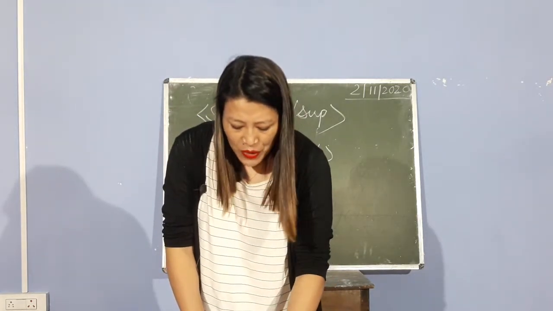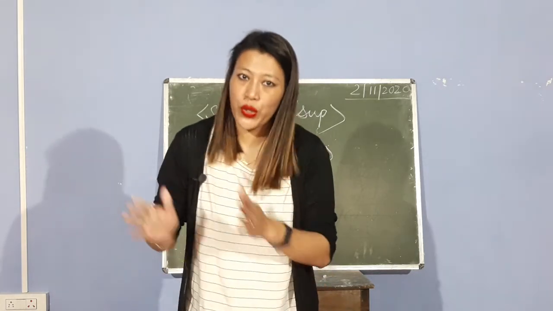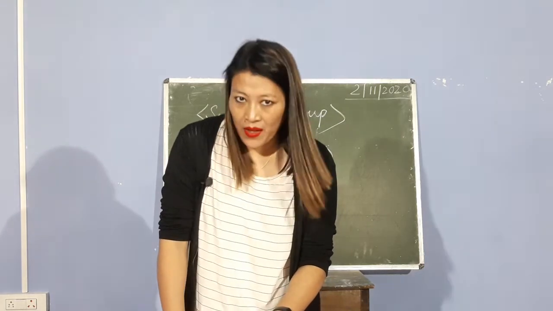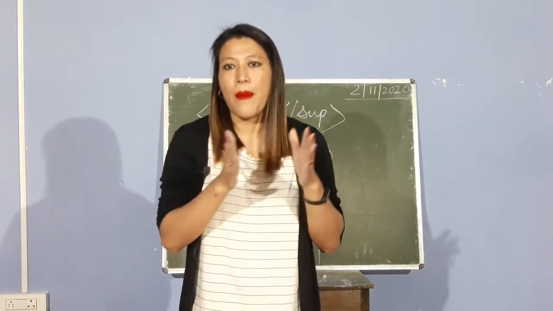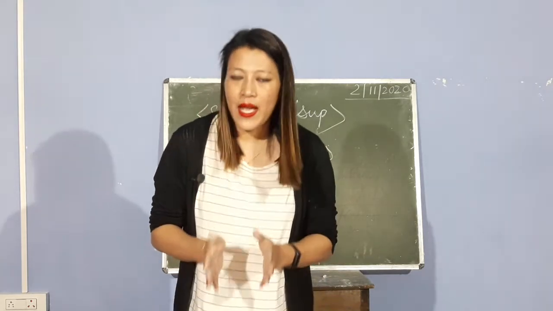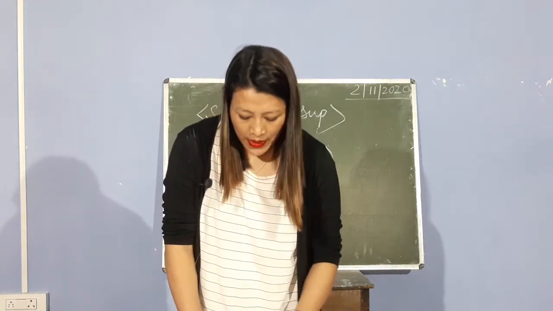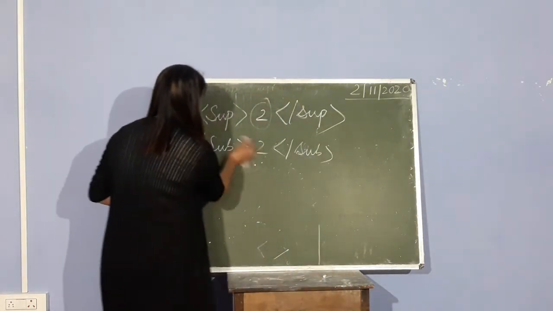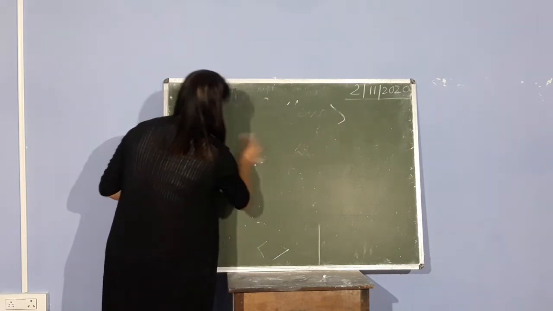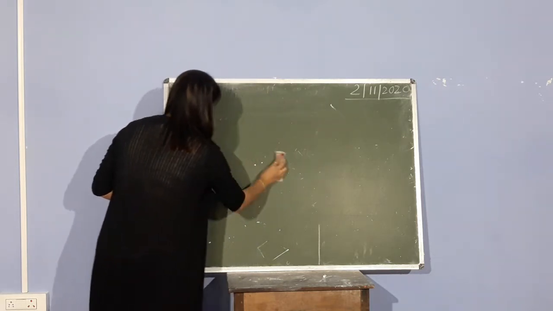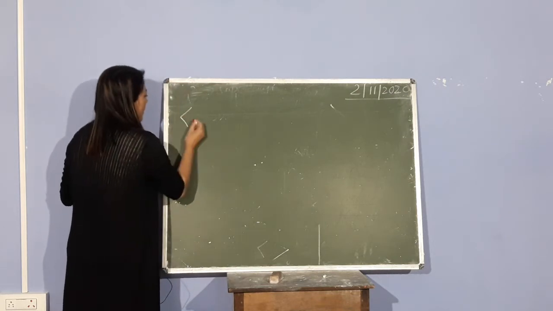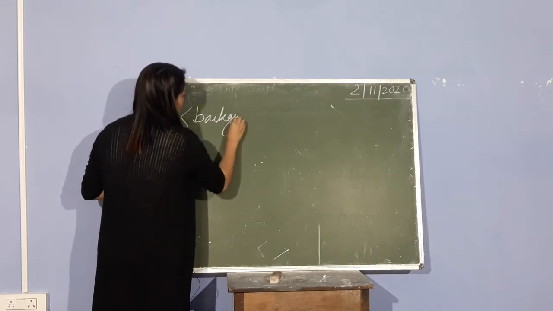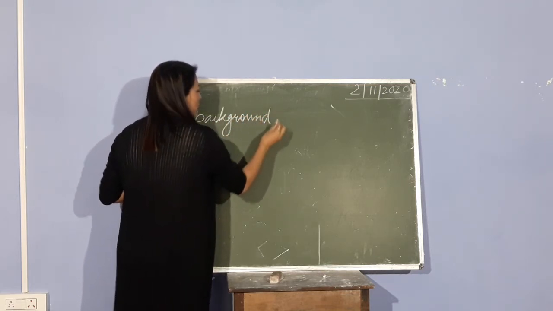So attributes always come in a name. I told you red will be your attribute, okay. So the tag tells the browser to do something. BGCOLOR, background color, is your tag. It tells your web page to do something, and attributes tell the browser what to do. For example, if I want to change the background color of my web page, then I have to write background, okay, space